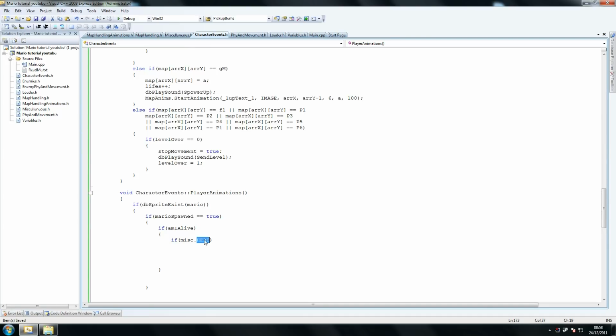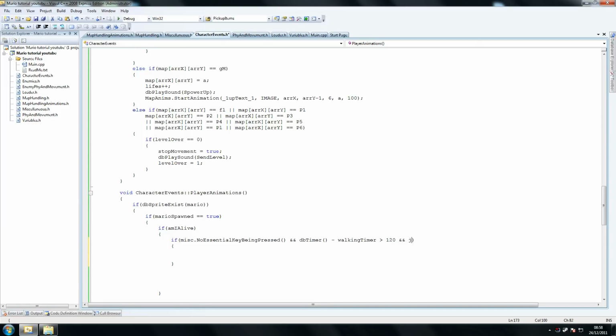So we've done this now, and we go back to character events. So if misc dot, yeah, there we go, no essential key being pressed. So if no essential key is being pressed, we do these animations. Otherwise, we do other specific animations. Okay, so just click that. Yeah, so if no essential key being pressed, and db timer minus, oops, that's a method, make sure we don't forget that, walking time. Also, we need to do a check for errors in a second, I'm sure we'll find some, is greater than 120,